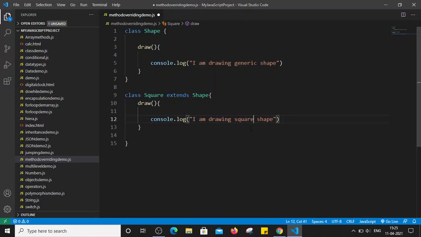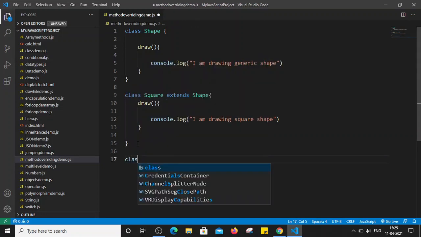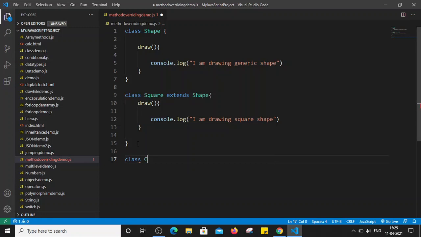So it should print the square shape whenever we call this method. Similarly I can also create one more class, let's say class circle, that also extends the shape class, that is also a child of the shape class.